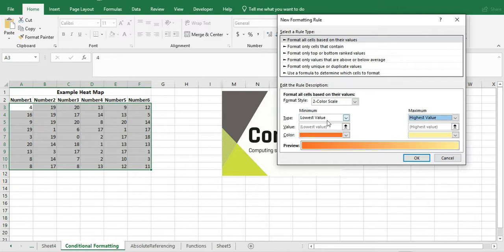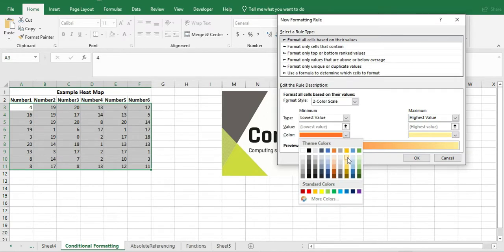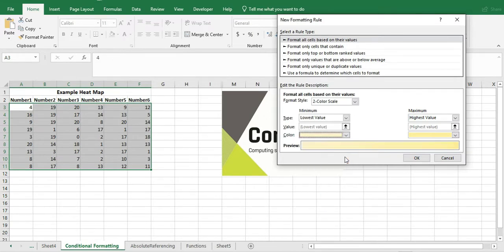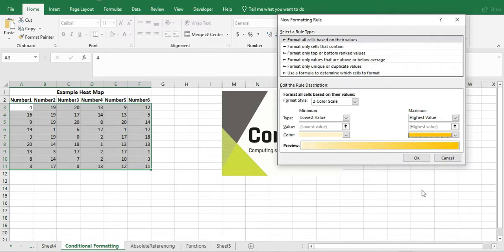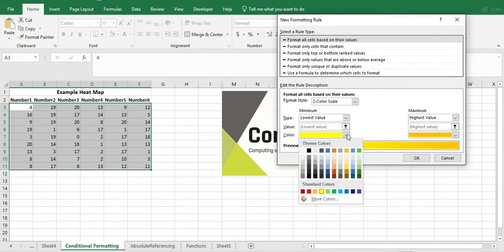we've got minimum maximum. So the lowest value, we'll just change the colour. The lowest value is a very pale yellow and the highest value is a bright orange. And you can see how they go through there. I can change my colours, I can make that yellow like that, but I just want a wee